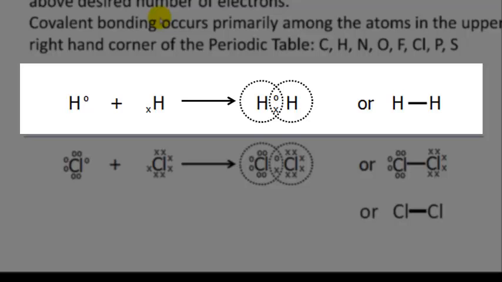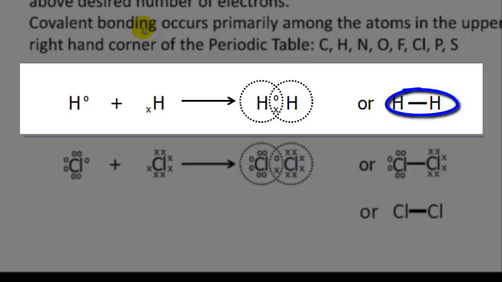Now, if you remember the octet rule, or the version of the octet rule that says for the first row, if you have 2 electrons, then that's good. Well, if the 2 hydrogen atoms can come together so that each one provides 1 electron that then shares the space between the 2 hydrogen atoms, then each individual hydrogen atom actually thinks that it has 2 electrons, or that it has satisfied this special rule of having a pair of electrons. This is what we call a covalent bond,